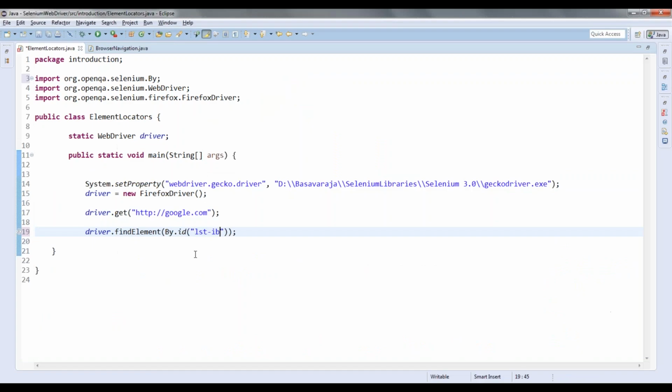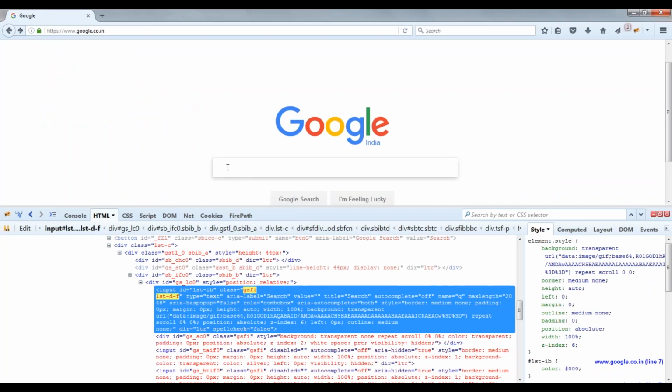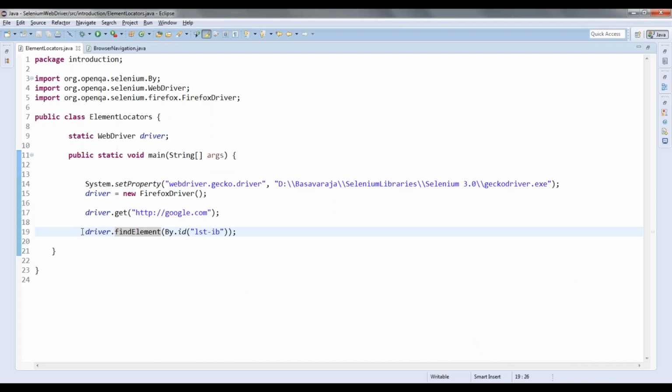This is what findElement will return. It will return a web element. This element is the element it is going to return. Since this is returning a web element, I will be storing that inside a web element.